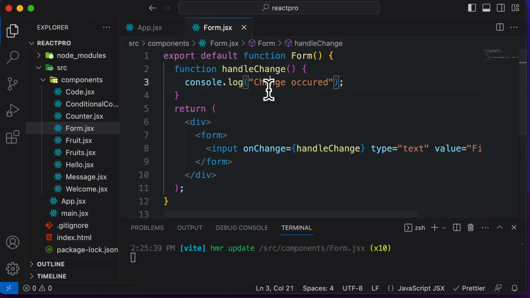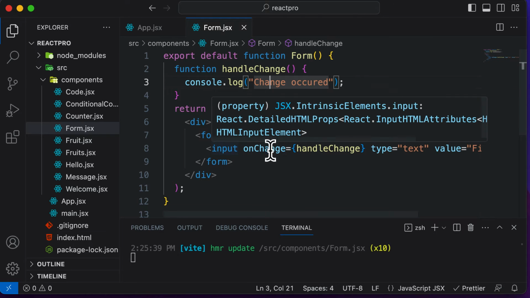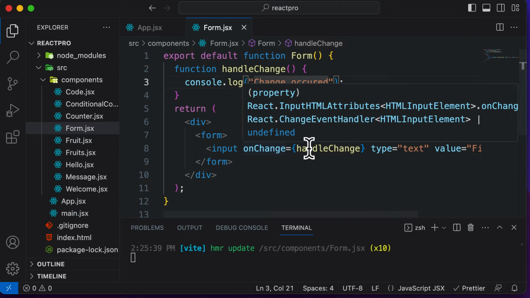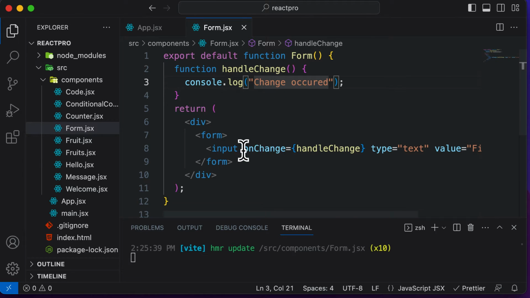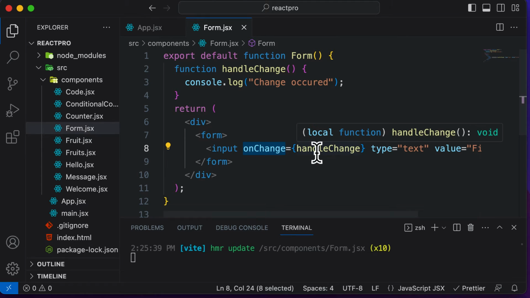All right. So that means now we understand that whenever we press a key or whenever we try to input some value over here, this handle change method is going to be triggered. So this particular onChange is an attribute which executes a function every time an event happens related to this input, and especially the event in which the user types something into that input. All right,